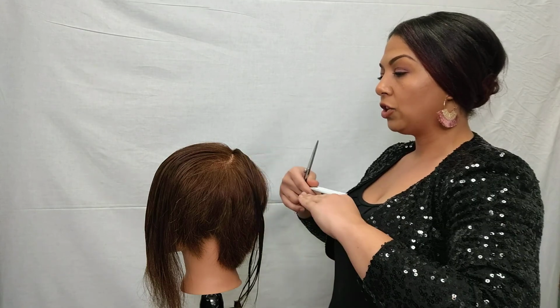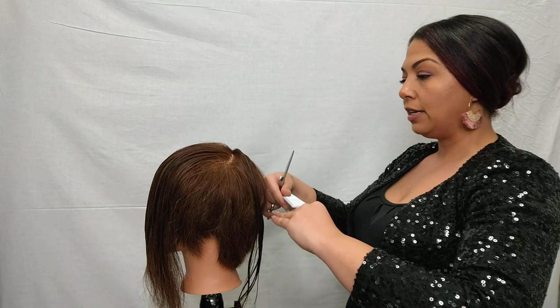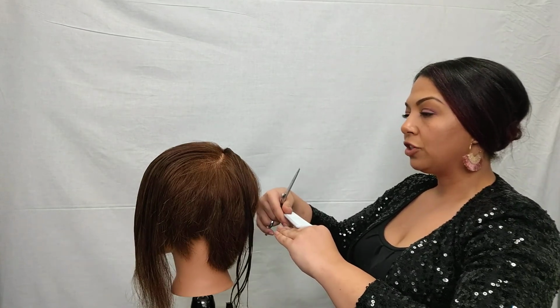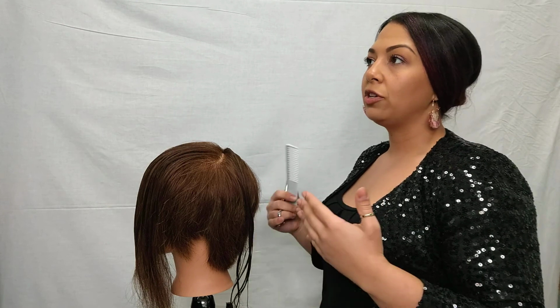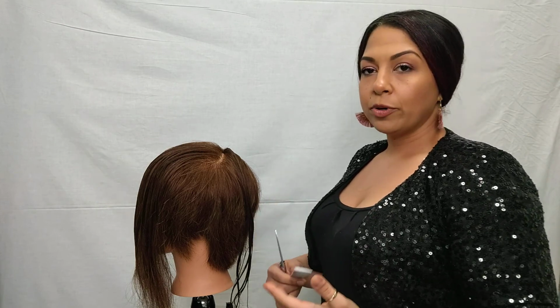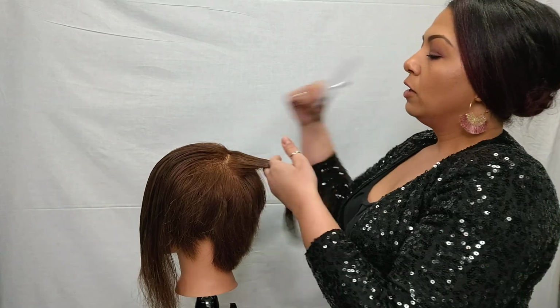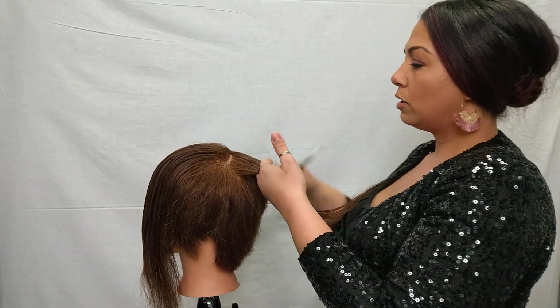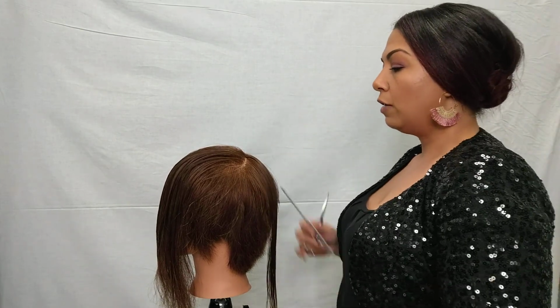So just really making sure that you're square with your work and that you're working in a space where you can actually see. If you need to readjust your body, readjust your chair, do just that, because as a professional, I know that you are always trying to produce your best work, and these are just small tips and tricks that will really help get you there. So pulling this out, this is our first section of zone 1,